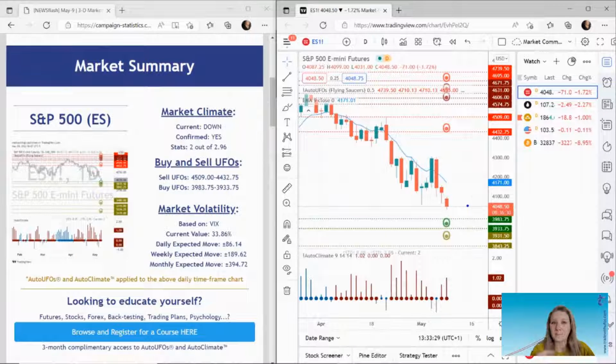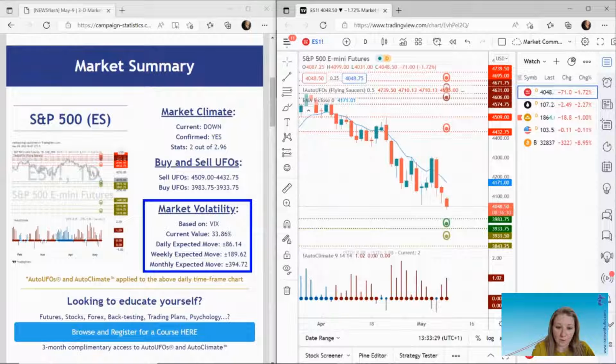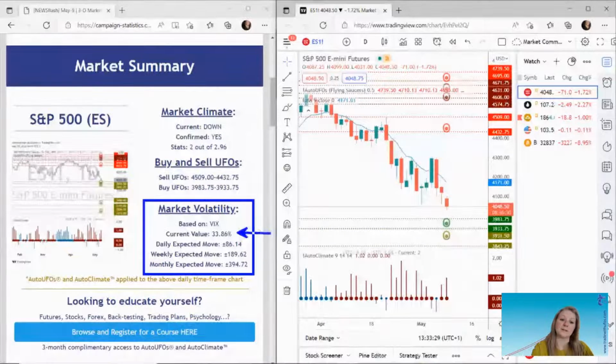But for the time being, probability still to the downside until we hit these buyers. Now, in terms of volatility on this market, we would expect that the S&P 500 would move up or down in 1 year by